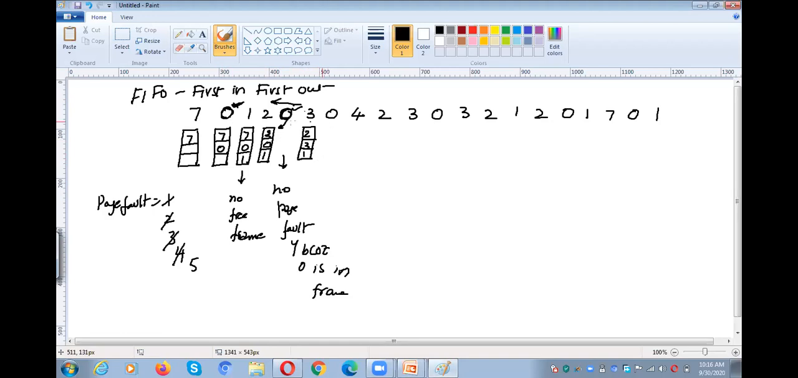Yes, ma'am. In the reference string, we need to check not the last appeared. When was it last appeared? In the referencing from this side to this side, it just appeared before 3. So we need to check this one, right? And then